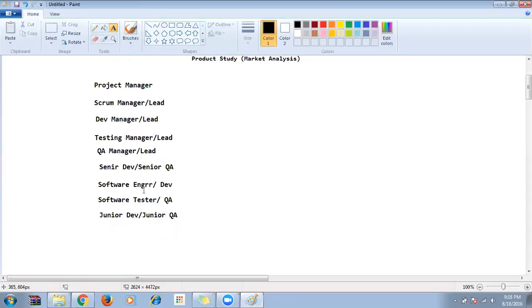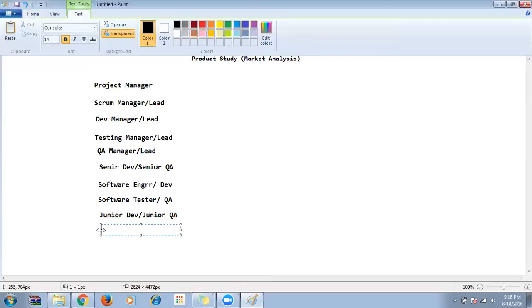What these guys will do is help on the product level, at the small component level. They will make sure components are developed and then tested by themselves. That is what junior dev or junior QA have done.